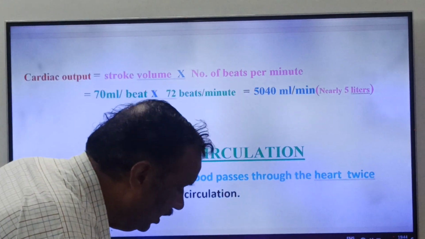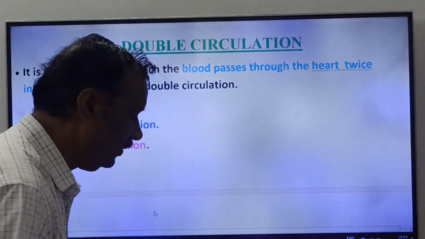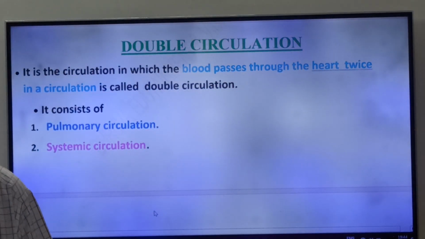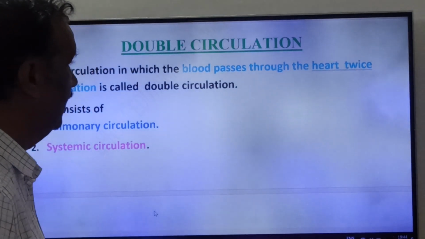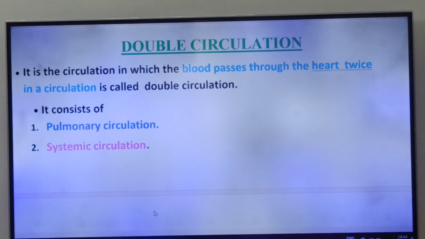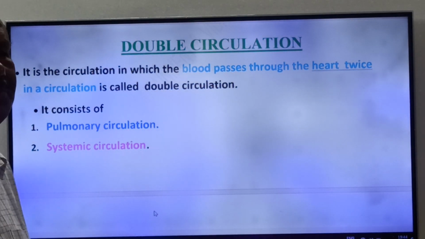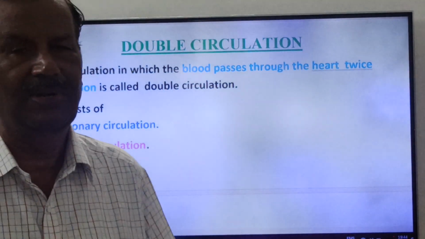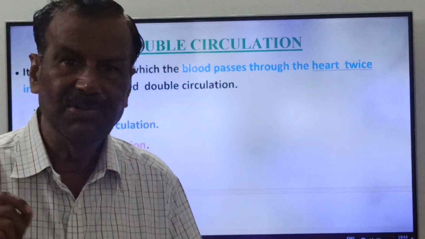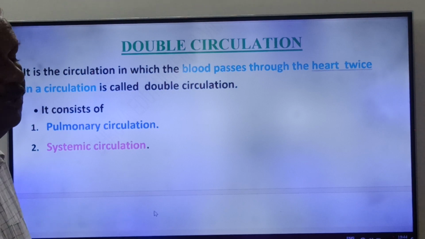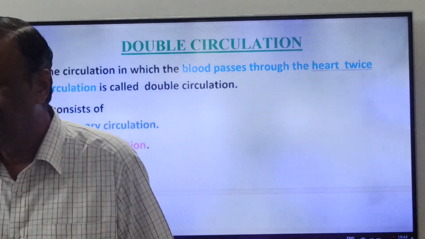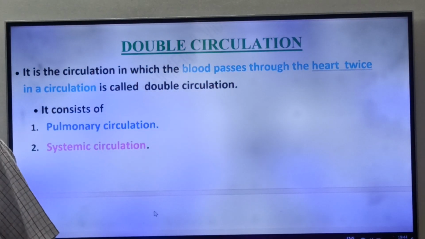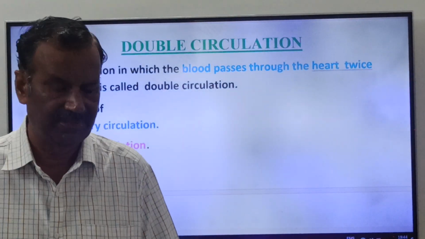Now come to double circulation, friends. What is double circulation? It is a circulation in which blood passes through the heart twice in a circulation. You know, friends, vertebrates have 2 types of circulation: one is single circulation and the other is double circulation. Single circulation is present in fishes. Double circulation is present in vertebrates